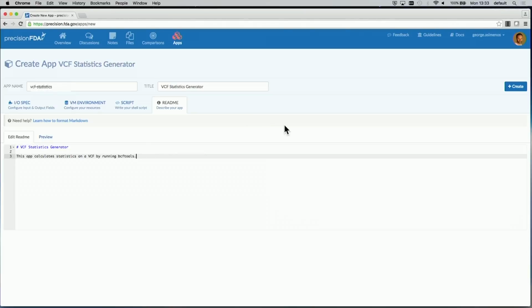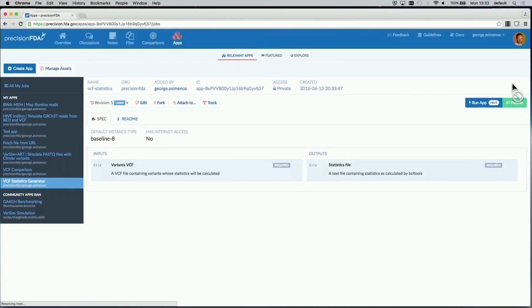When I'm ready to create the app, I click on the Create button. Once I create the app, you will notice that I am taken to a page showing the specification of the app, and I can actually run it by clicking Run. You'll notice also that the revision of the app is number 1. This is the first ever edit I've ever made to the app, but I can make further edits by clicking the Edit button, changing something like the input spec, the VM, or the script, and then saving it into a